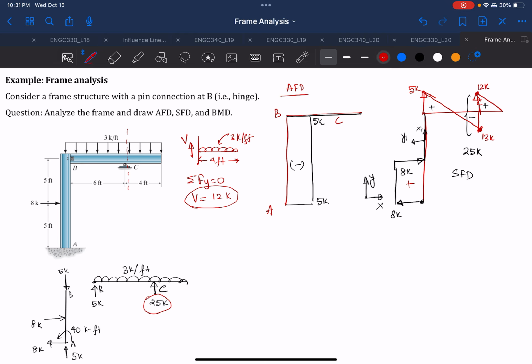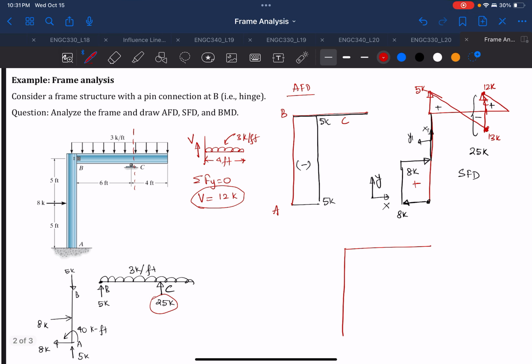And then for the bending moment diagram, we'll draw again the same frame, and in this case you'll see that because we are drawing our local axis in this manner, your x1 and y1, you'll see that what this moment will do to a beam, it will create a hogging. If it is hogging, that means it's a negative moment. So we are going to put here a negative moment of 40 kips feet, and because the shear force is